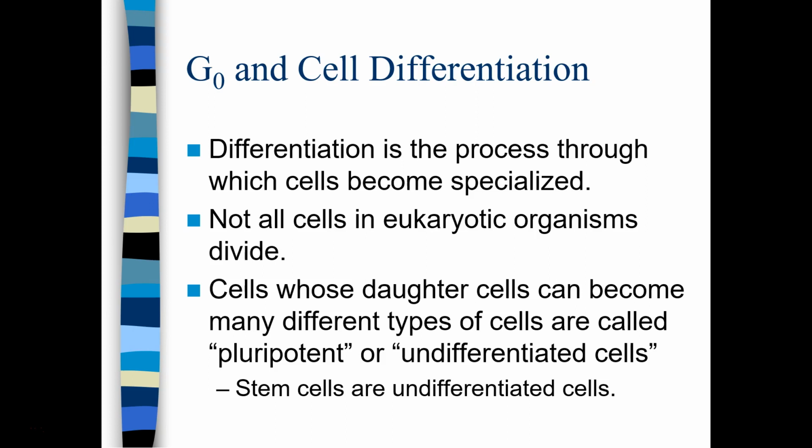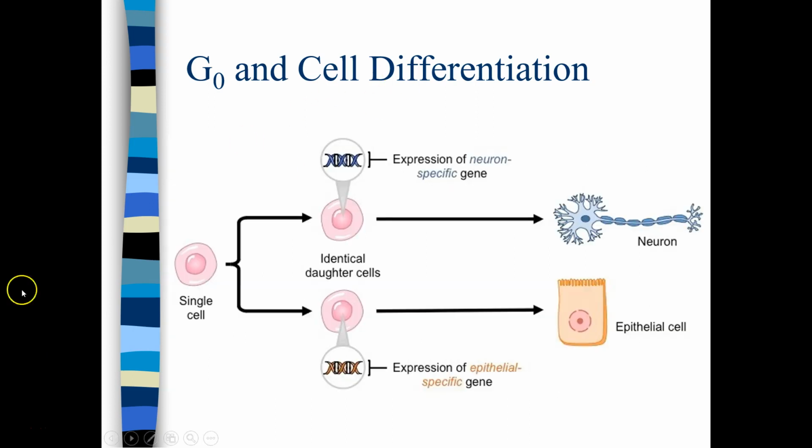So a zygote, right? During fertilization, when the egg captures the sperm, that cell, all of us originally were one single cell. That cell is definitionally a stem cell. It's a pluripotent cell. That cell's progeny had the capacity to become every single type of cell. But over time, little sections of that possibility got cut off, right? So we all started as a single cell, and then that divides and divides and divides.